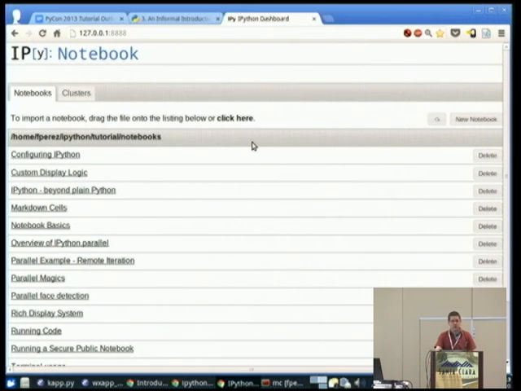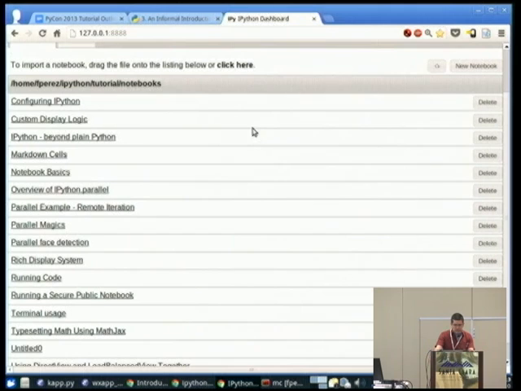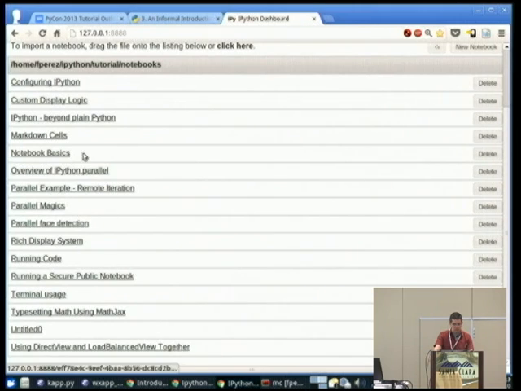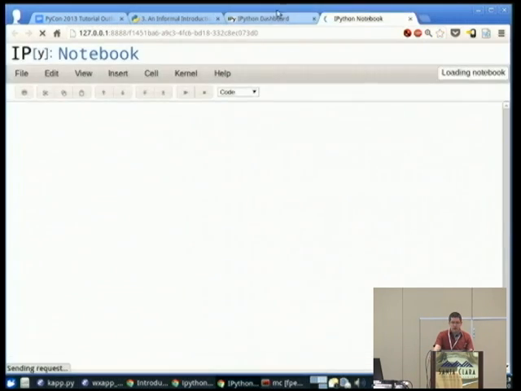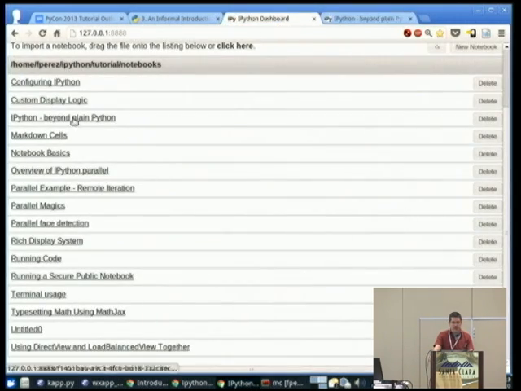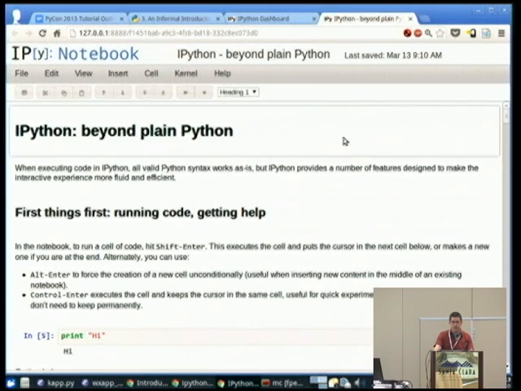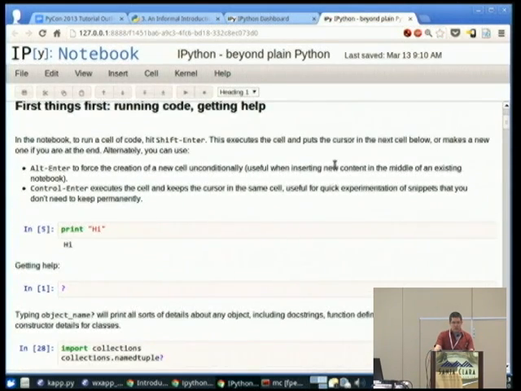What I'm going to do is we're going to start using it to see where IPython goes beyond plain Python. Because what IPython does is really go a little bit beyond what the plain Python experience is. And so if you click on this notebook, IPython Beyond Plain Python, you should see right here what our